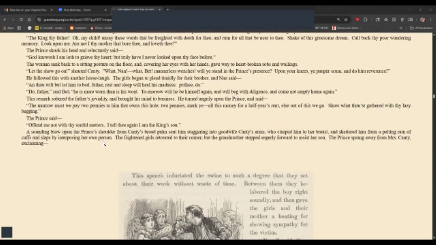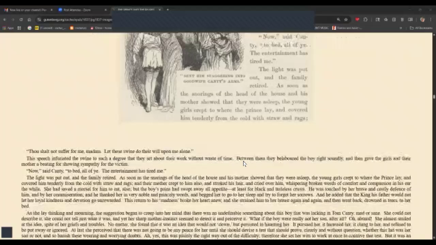A sounding blow upon the prince's shoulders from Canty's broad palm sent him staggering into Goodwife Canty's arms, who clasped him to her breast and sheltered him from a pelting rain of cuffs and slaps by interposing her own person. The frightened girls retreated to their corner, but the grandmother stepped eagerly forward to assist her son. The prince sprang away from Mrs. Canty, exclaiming, "Thou shalt not suffer for me, madam. Let these swine do their will upon me alone."